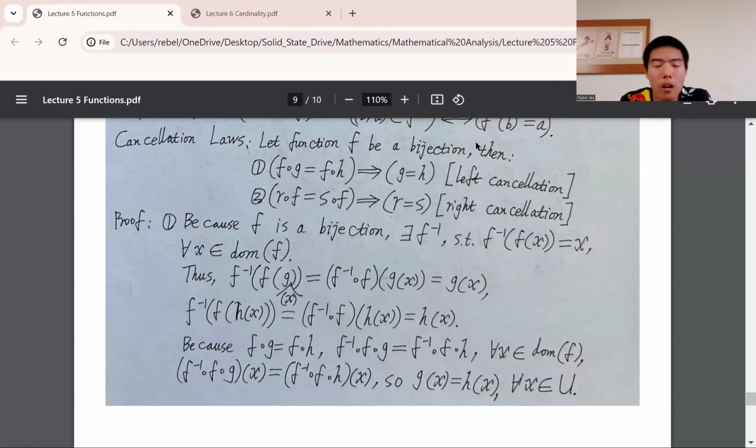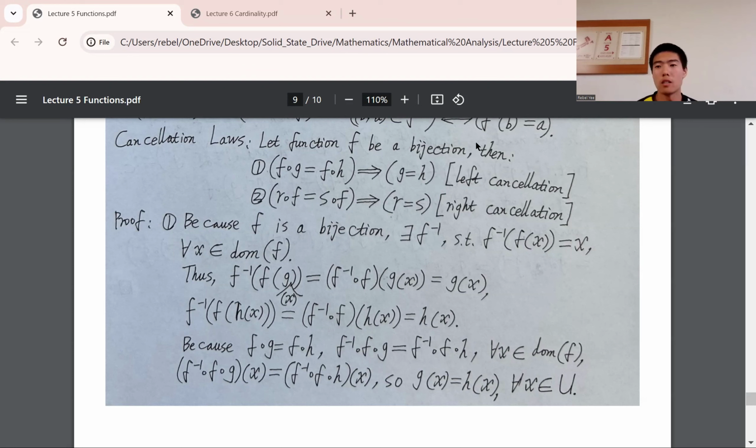I think last time we considered inverse functions and mainly talked about many types of functions. But we have not talked about the last two pages, like the cancellation laws and some examples of the inverse function. So we'll first introduce these topics and then go to our main topic, which is